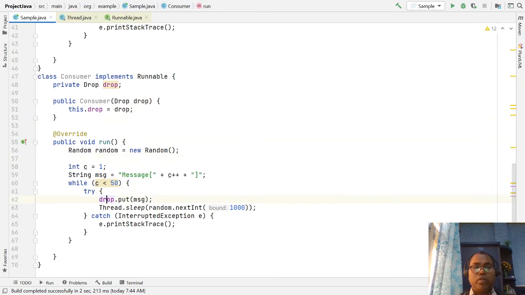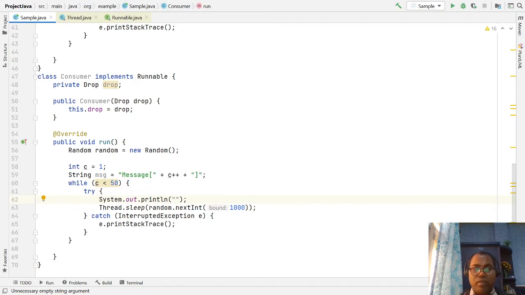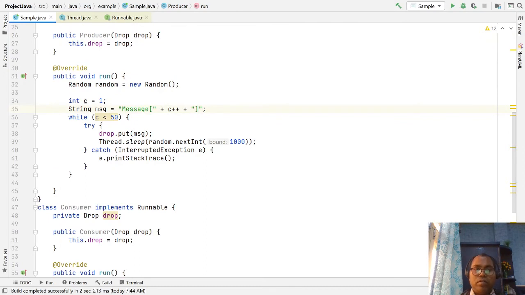What the consumer does is just print out drop.take and say message consumed. And here the producer says message produced.